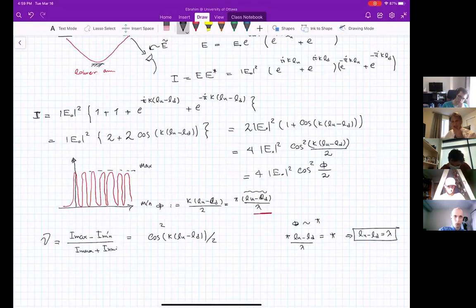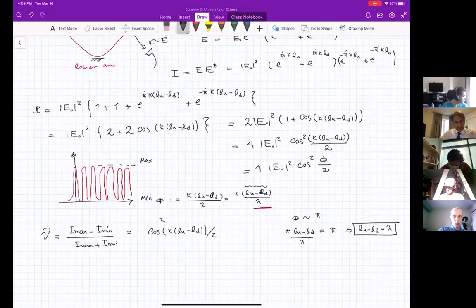Which in this case is 100% the visibility. So for this specific case, you don't see too much difference because it's a monochromatic light, coherent light. But there are cases when LU minus LD, when you change them,